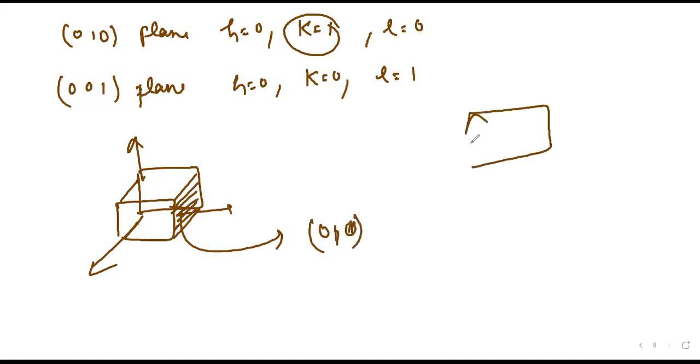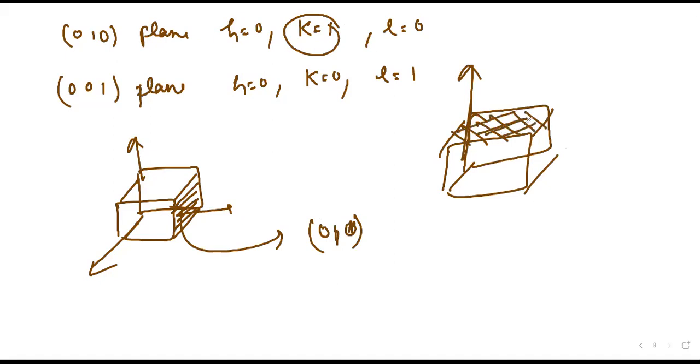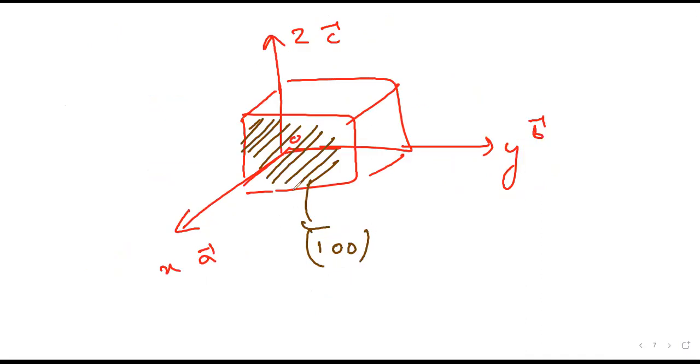Similarly, if I am talking about the 0, 0, 1 plane, this is my z-axis. So this particular plane, this one plane, I am talking about. This is the basic difference. By intercept, by Miller indices, you can tell about the orientation of the plane, where it will go. If I am talking about only k, it will talk about only the y-axis. If I am talking about only L, it will talk only about the z-axis. Similarly, if I am talking about H, it will only tell me about the x-axis. That is basically the difference between the three axes.